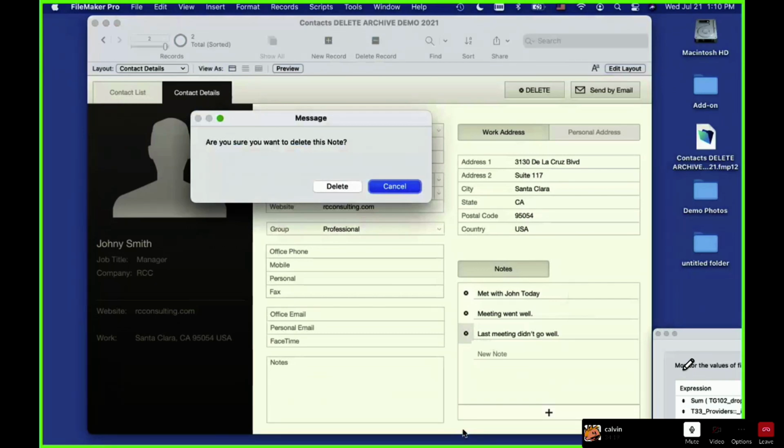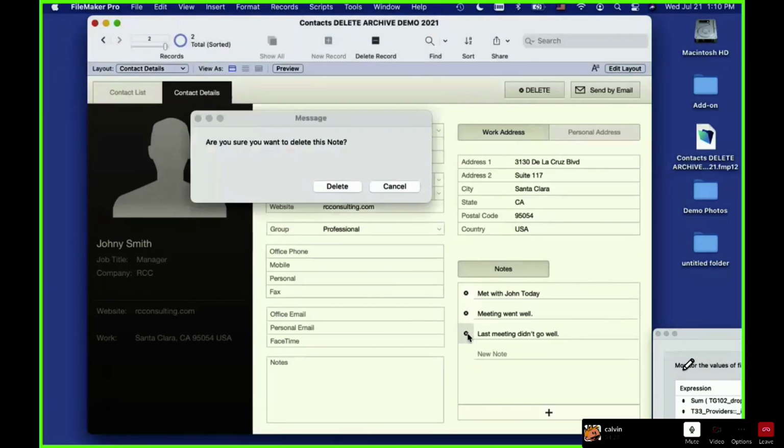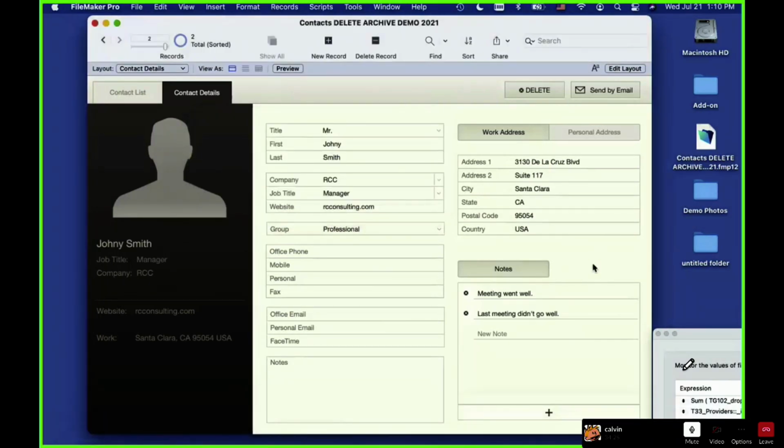Okay, so I've got a message that says, are you sure you want to delete this record? I can cancel, but I'm going to say delete. Now, you might think that it's probably important that we have all of those. You'll see that we went from 3 records here to now we only have 2. And so it's probably important that we see that